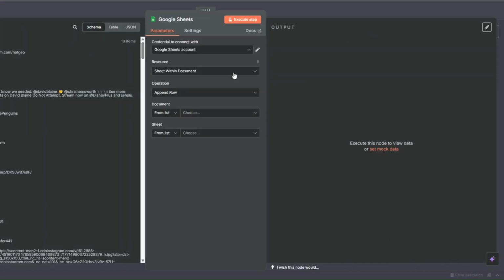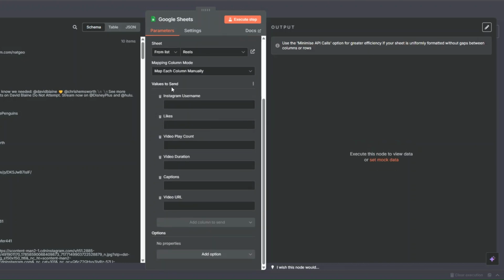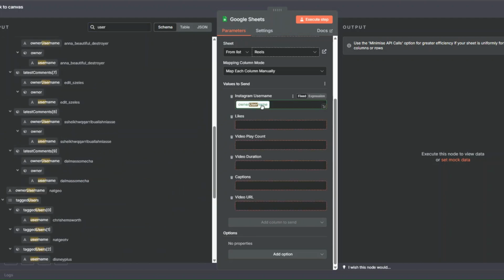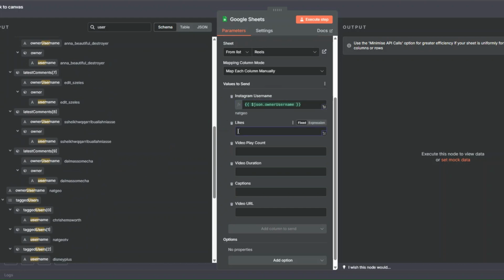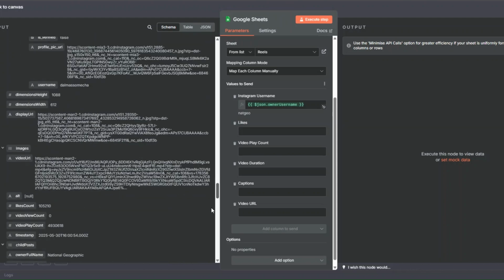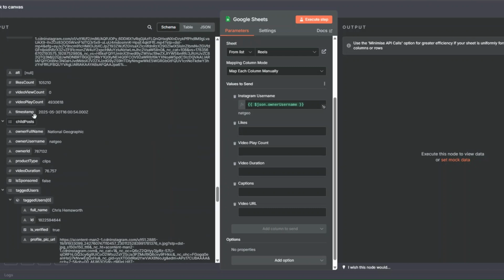So here I'll click on back, and then here I'll find our document, which is this document right here. Then the sheet I would like to add our Reels to is this sheet right here. And here we'll add values to our columns in our spreadsheet with the data that we scraped using Apify. So for the Instagram username, here you can search for the username and then drag it over here. Then here you can search for the likes. Now to find the Reels likes count, we're going to scroll down below over here. Over here we can add the likes count,